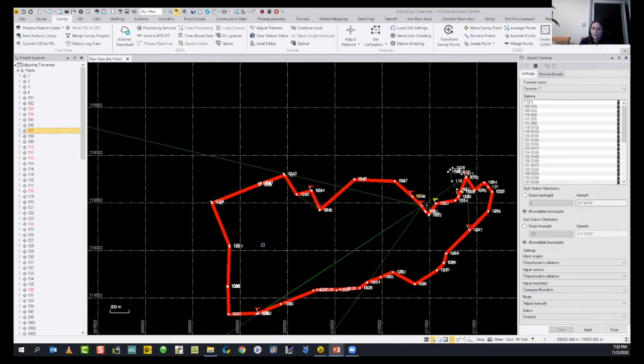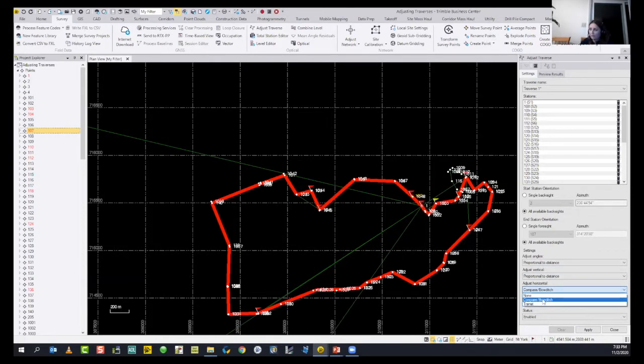Compass bowditch just assumes your precision in angles, or your directions, is equivalent to the precision in distances. But the transit rule assumes that the precision in your directions is better than the precision in the distances.